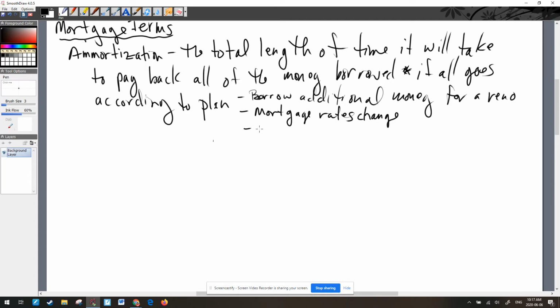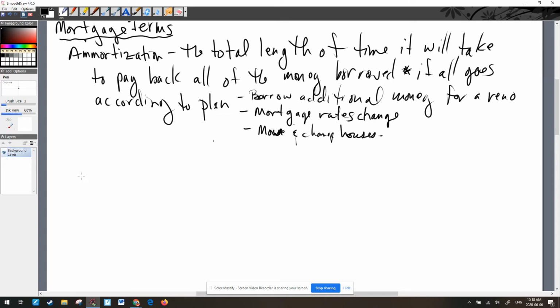Another really big one is that you move. Okay, so if you move and change houses, right? Often people will buy a small starter home or an inexpensive home and decide, this is good. And then after 5 or 10 years, again, their living circumstances have changed, their desires have changed. They flip a home and go to a different place, and then obviously that is going to cause the mortgage to change.